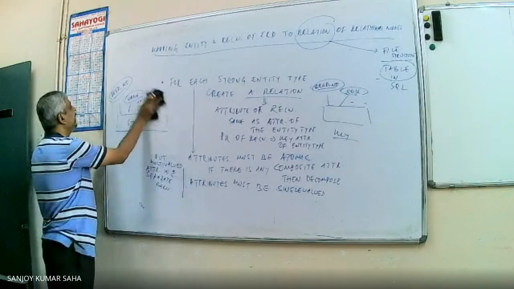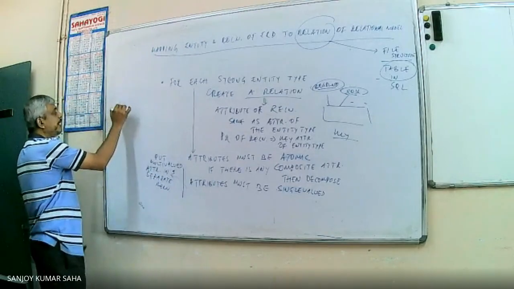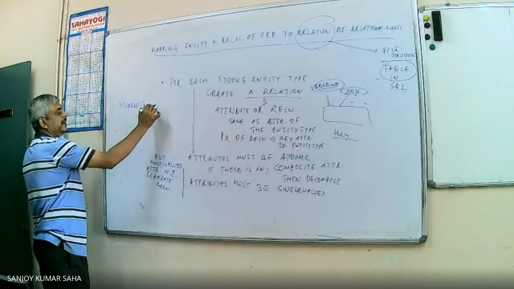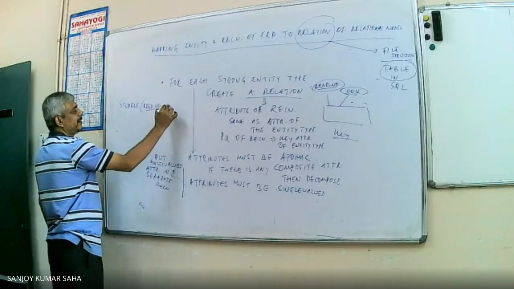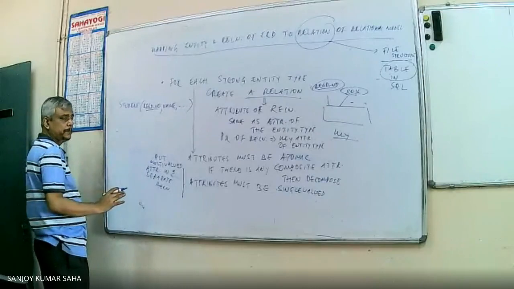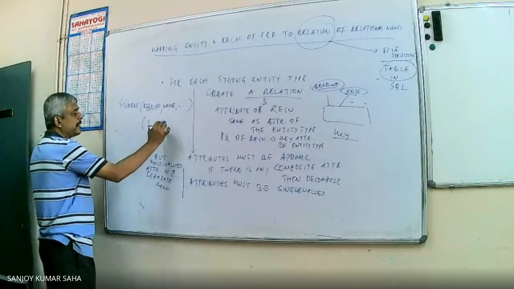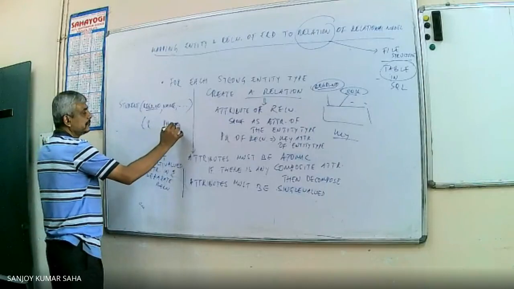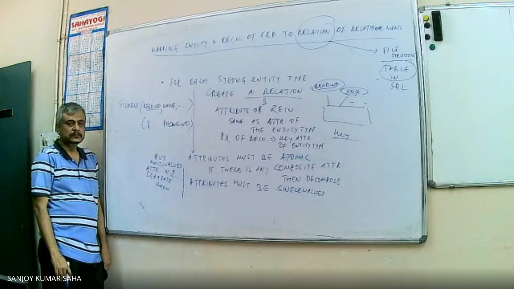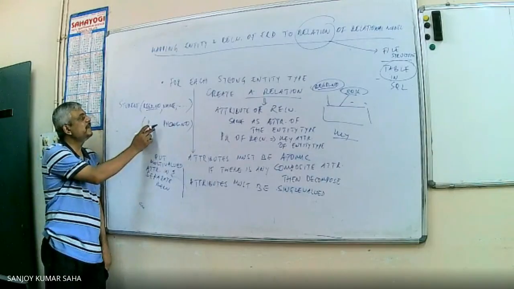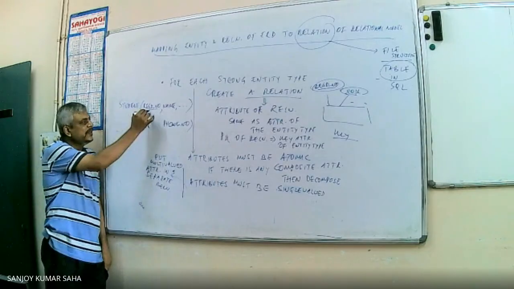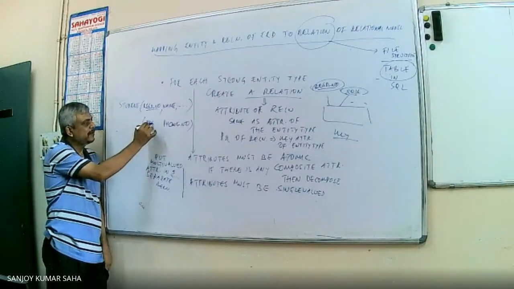So whenever we are converting, say student, we will remove the multi-valued attribute from here. So phone number will not be kept here. If I put phone number in another relation, how to identify that it belongs to this particular student? So this primary key has to be copied here.